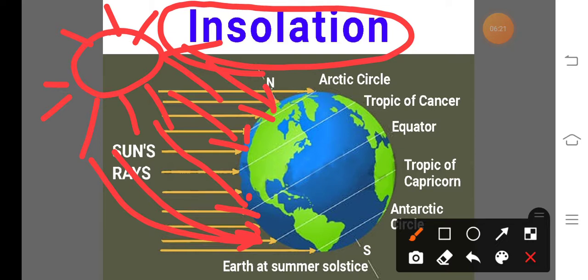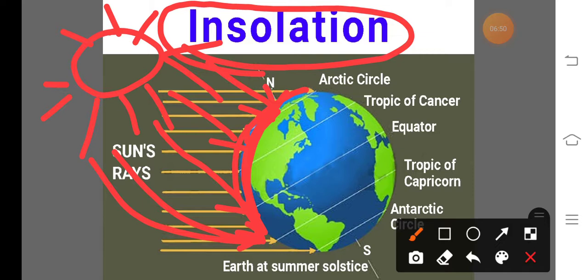Or also the heat energy received from the sun on the earth surface is known as insolation as well as solar radiation. So like that, the insolation and solar radiation. And in meteorology, the study of real air temperature is essential for comparison purposes.